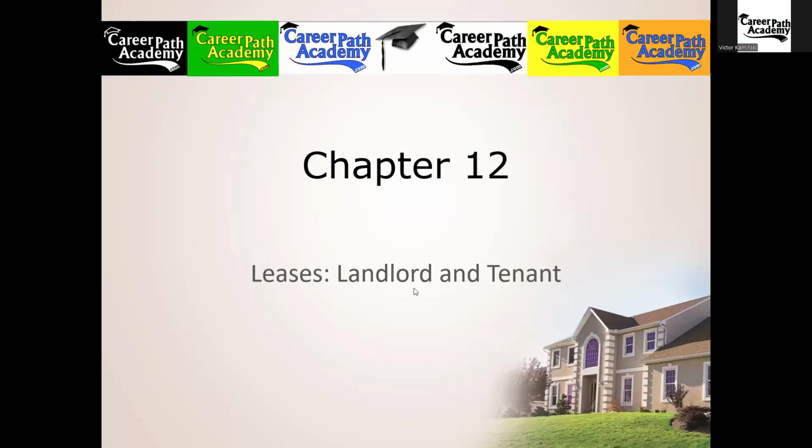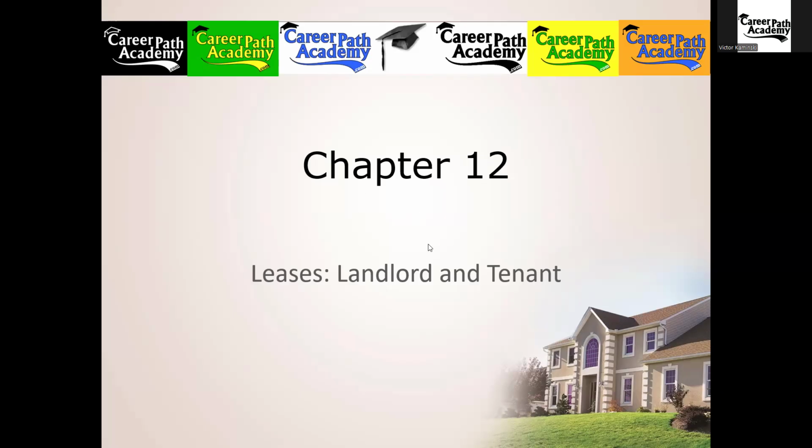Chapter 12, Landlords and Tenants. This is going to be a long chapter because it includes everything we've gone over as far as ownership. We went over different chapters that covered different issues pertaining to ownership. This chapter has everything pertaining to rentals in it. Types of estates and land and all that stuff.